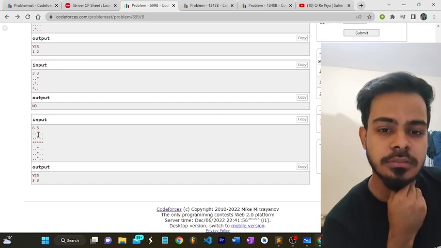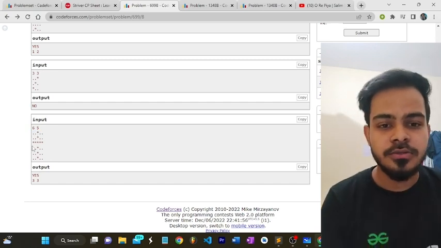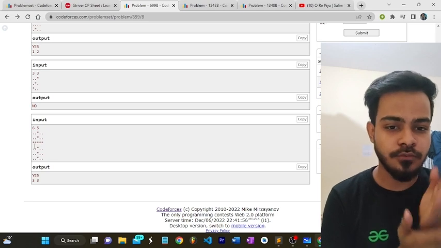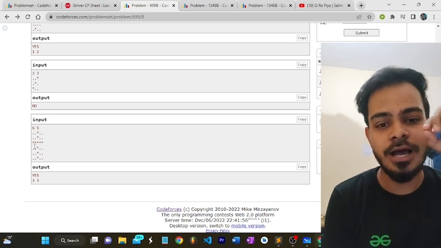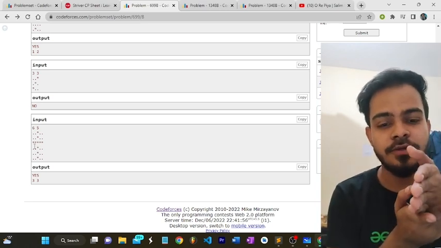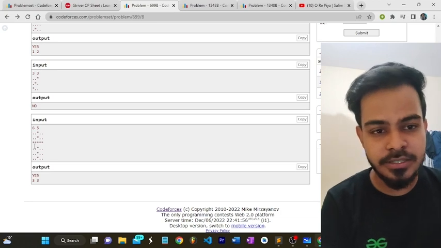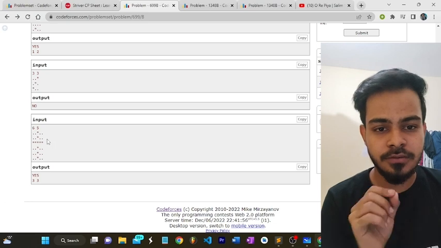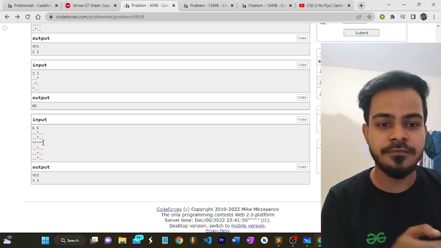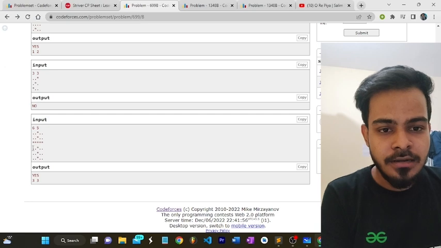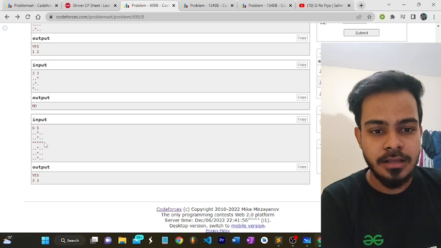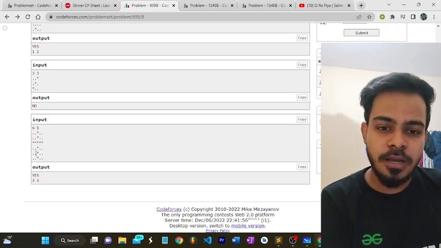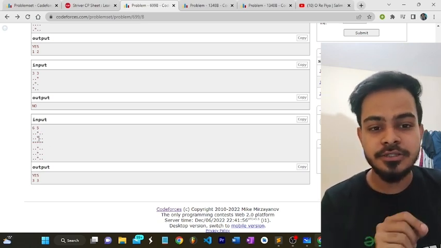So let's say I'm maintaining a row vector in which I'm storing all the houses which are present in that row. Suppose I'm on the ith row, so I'm storing the number of houses which are present in that row. Let's suppose in this test case, in the first row, the number of houses present is 1. In the second row, the number of houses is 1. In the third row, the number of houses is 5, 4 or 5, whatever it is. So at the ith row, I'm storing the number of houses in the ith row. And similarly for each column, I will store the number of houses present in each column.